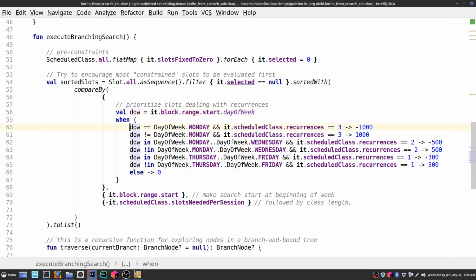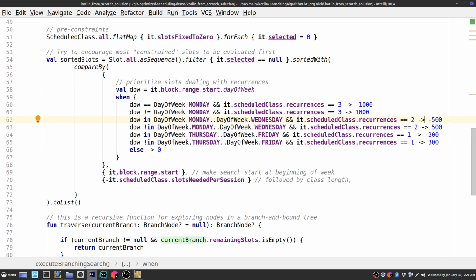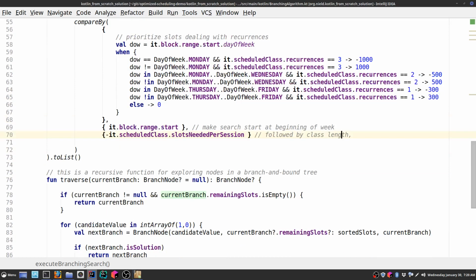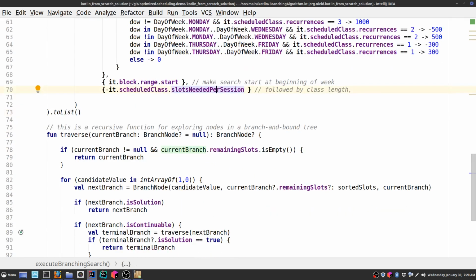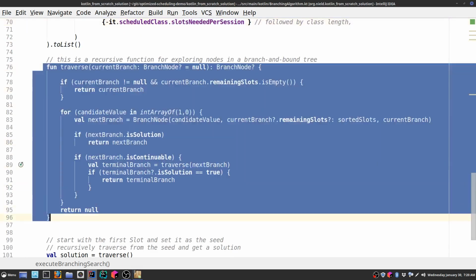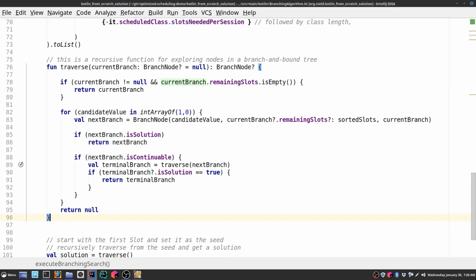And then I go through several cases. For instance, if there's 3 recurrences required, have those sorted first. If there's 2 recurrences required, then you only consider those slots from Monday through Wednesday, because once you get to Thursday, 2 recurrence classes won't even fit. And then the last thing my heuristic sorts by is the number of slots needed per session. And then this traverse function, this is where the recursive call happens and it goes and explores the